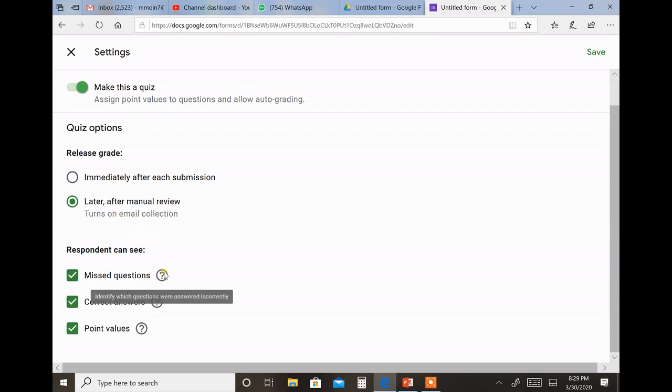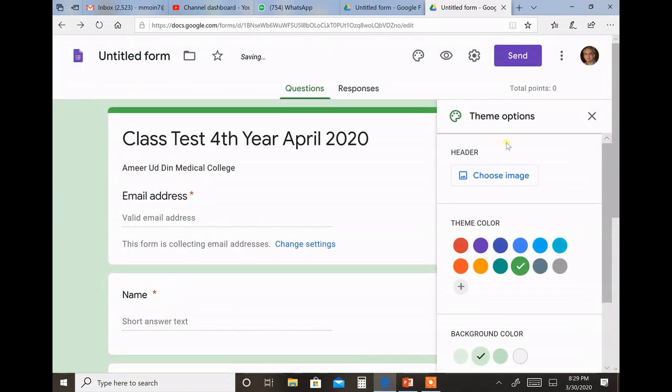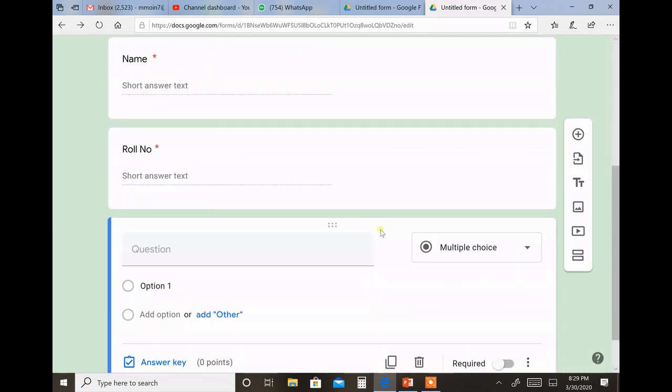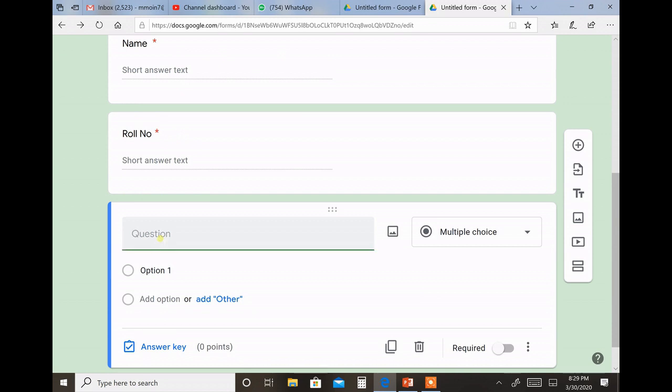Respondent can see any missed corrections, correct answers. So I'm going to highlight correct answers. I'm deselecting that, and I'm deselecting missed questions because I'm going to make everything necessary. Point values is the numbers which you assign into this. So once you've done that, I'll go in and type in